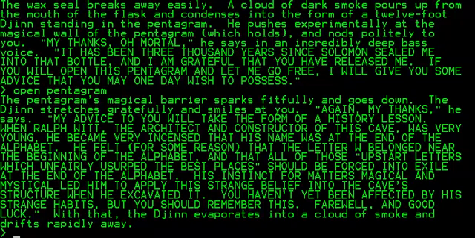the pentagram's magical barrier sparks fitfully and goes down. The djinn stretches gratefully and smiles at you. "Again my thanks," he says. "My advice to you will take the form of a history lesson. When Ralph Witt, the architect and constructor of this cave, was very young, he became incensed that his name was